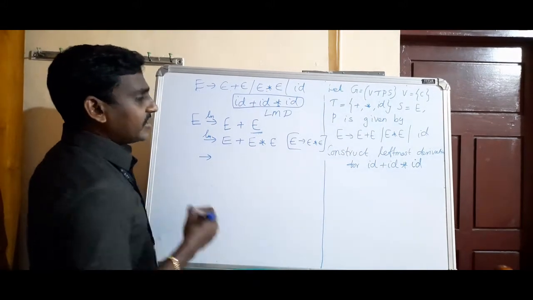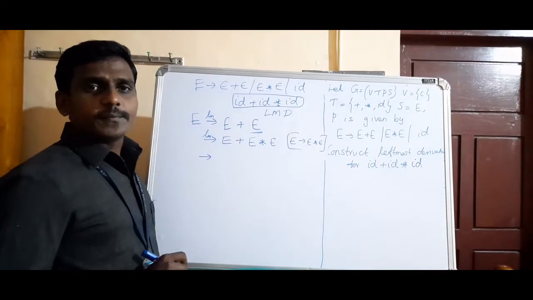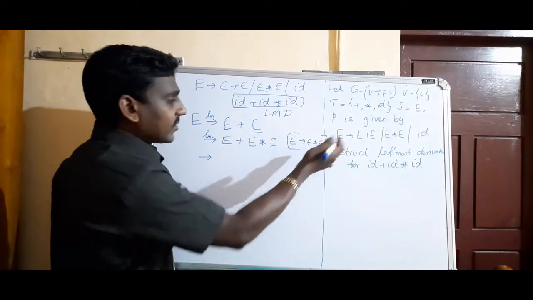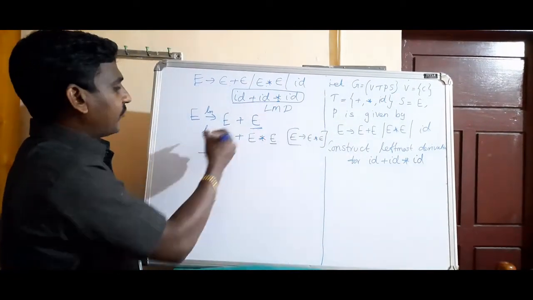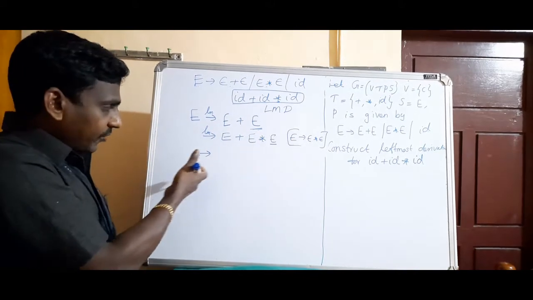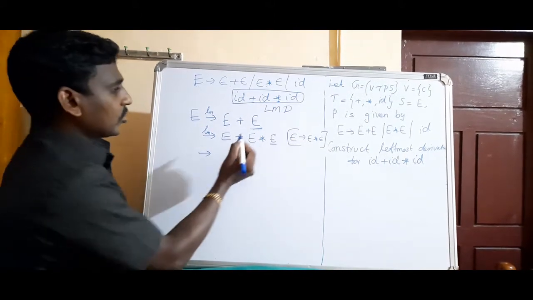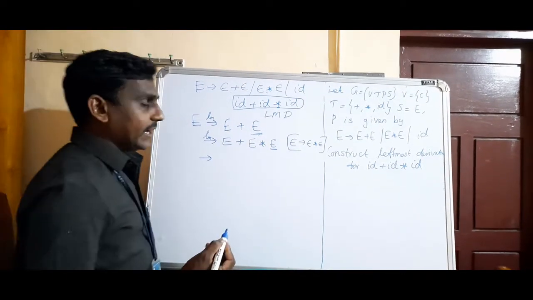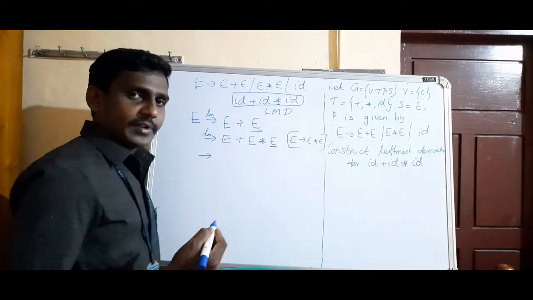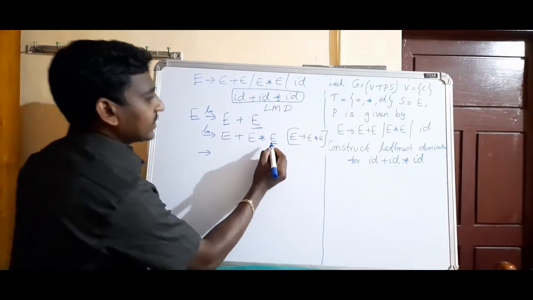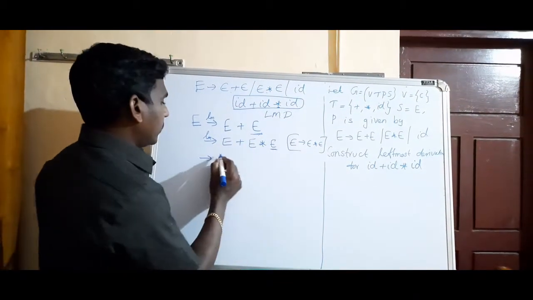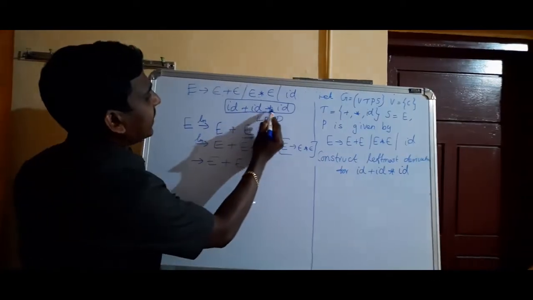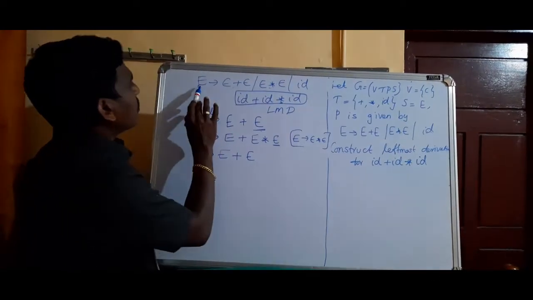Again, which variable do you have to expand, this one or this one or this one? This one. Why? Because this is the leftmost derivation, so we have to derive from the leftmost one. If you underline it with a pencil or highlighter, it is easy to evaluate. So only this E you have to expand. E tends to E plus E. I have ID plus ID star ID. So for this E, which production can I use?